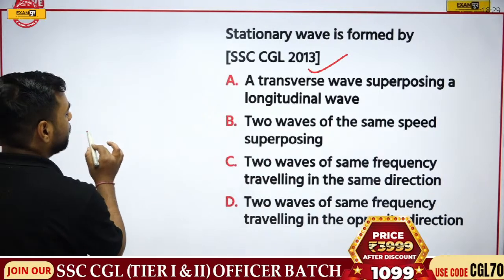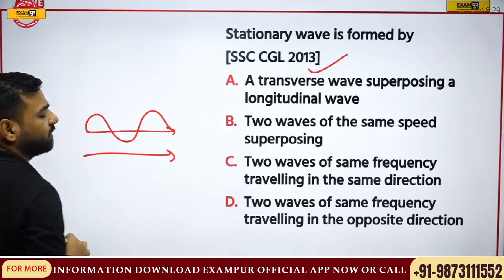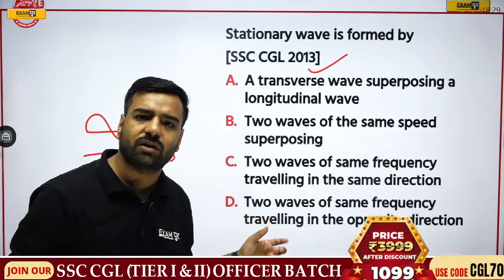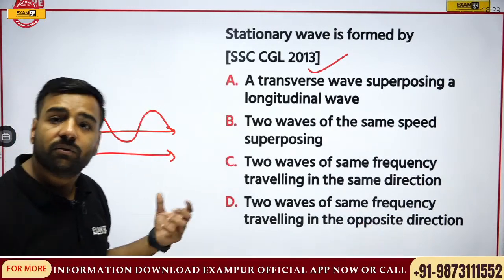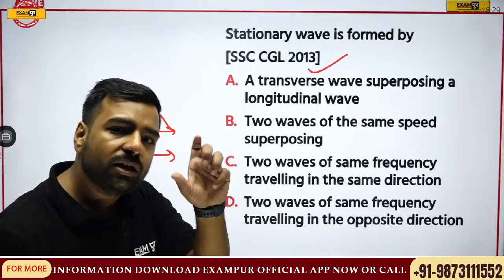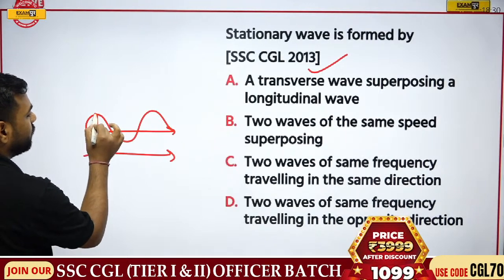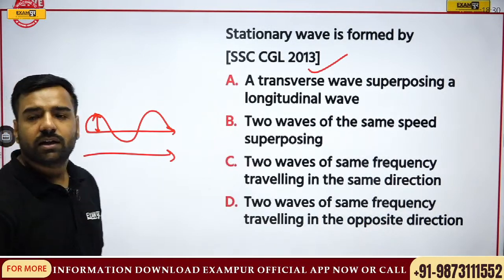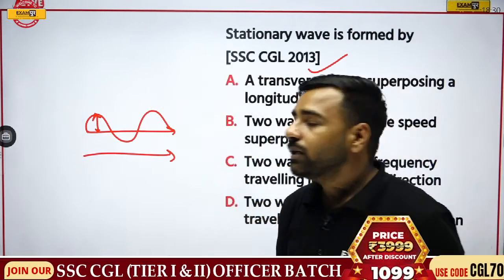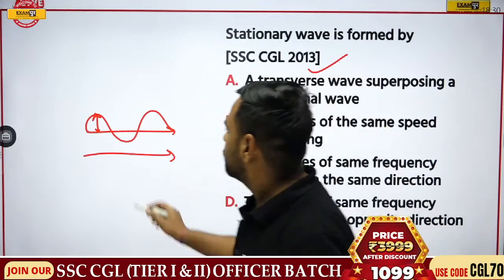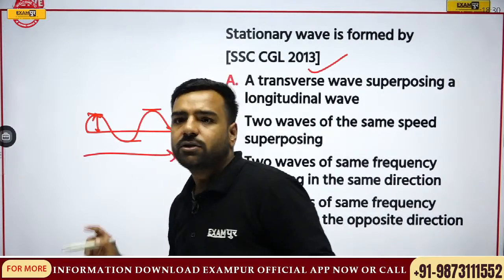When we are talking about the two waves, fine, and we know that waves are in this manner, we create a sinusoidal wave. So when we are talking about any two waves which have the same frequency, and we can talk about the same amplitude. Now what's the amplitude? Amplitude is this part. From here we can get to know what the amplitude is. And frequency is the number of oscillations per unit time. If I talk about the wavelength, wavelength is the distance between any two crests or any two troughs. So this is the wavelength.